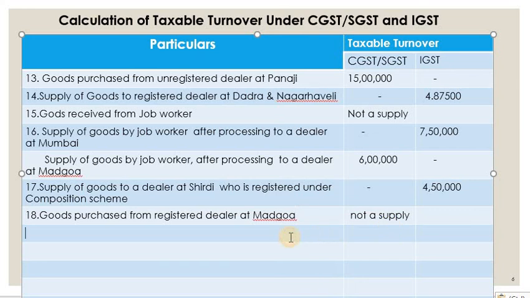Now we have to total it up. Let's write the total here. What is the total taxable turnover under CGST, SGST and IGST? So we have to calculate. Let's calculate for CGST first: it is 41 lakh 85,000, the total taxable turnover for CGST. Remember, rates may be different, but we are just finding out the taxable turnover on which tax has to be levied. For IGST, let's calculate once again. We have calculated 49 lakh 5,000. So this is how we have to calculate taxable turnover under CGST, SGST and also IGST.